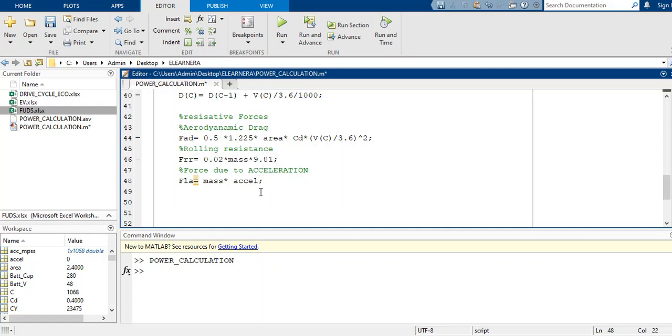So in this we are putting it as acceleration, then we are doing the sum of these values, that is